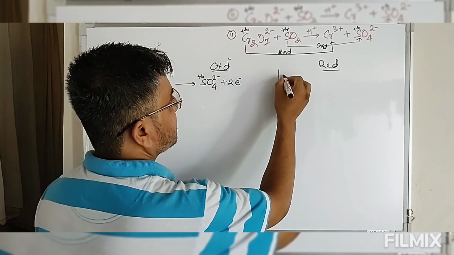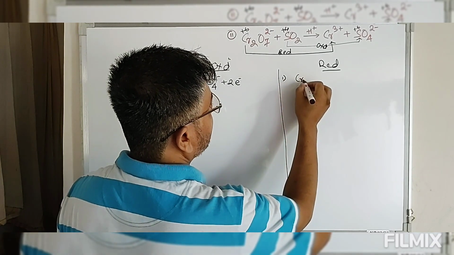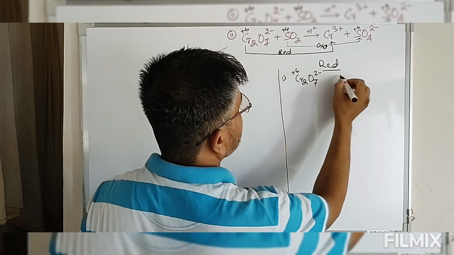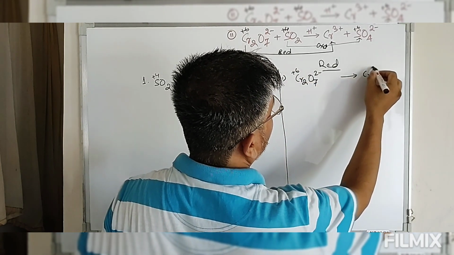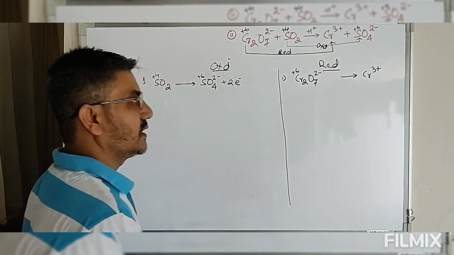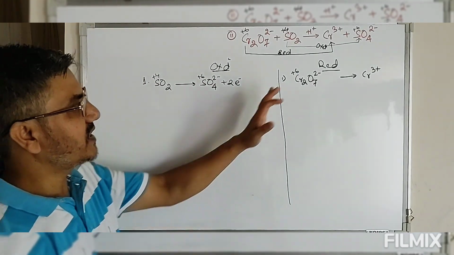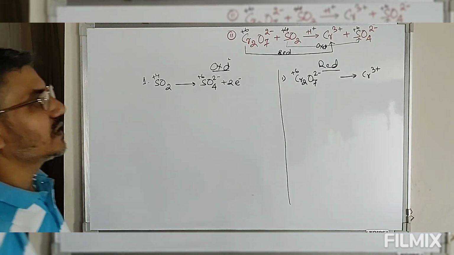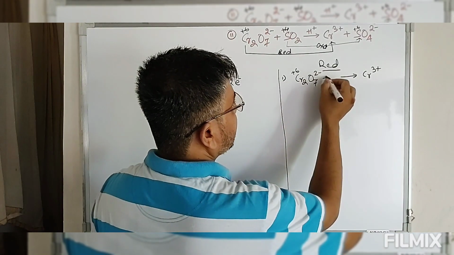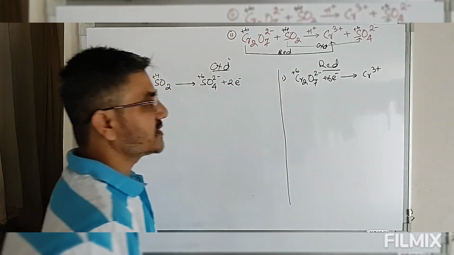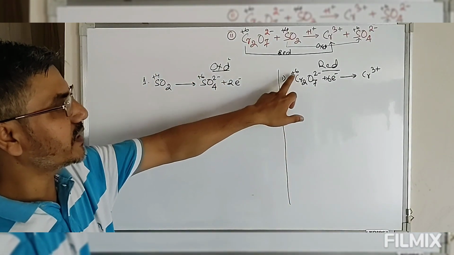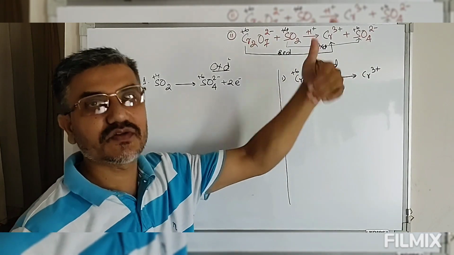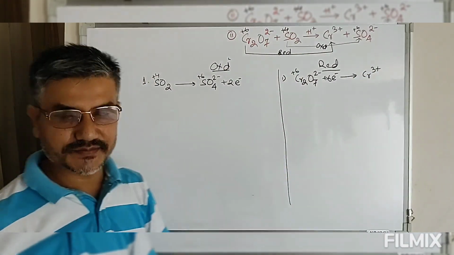On the other side, reduction. So we have Cr2O7 2 minus, chromium is plus 6 changing into chromium plus 3. So chromium plus 6 है plus 3 में. So now look at this. This will take up 6 electrons. यहाँ पे 6 electron होगा because there are 2 chromium है. तो एक chromium plus 6 है plus 3 है. So 3 electrons. So for second chromium again 3 electrons. So total 6 electrons will be taken up.